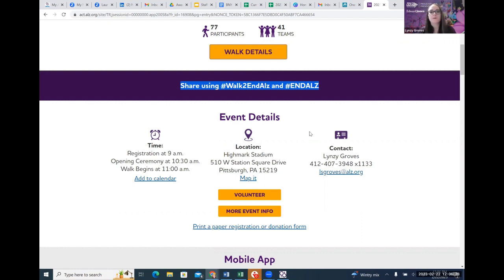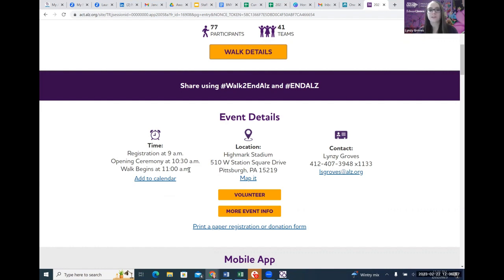And then the most important feature, I believe, of every website are our event details. So right here, it will have our calendar edition with the times of the walk. So each walk's a little bit different. They might not all start at the same time. They may have different schedules of events happening during the walk day. So just know that this might look different at your personal walk, but it'll have a little bit about registration,